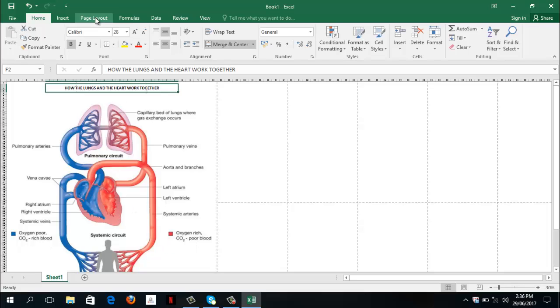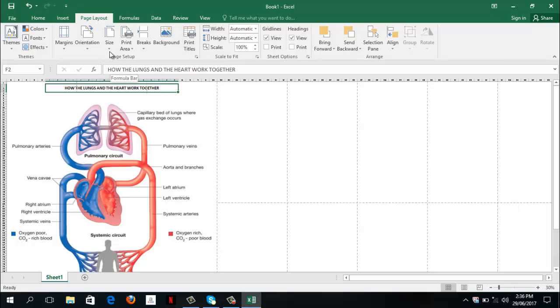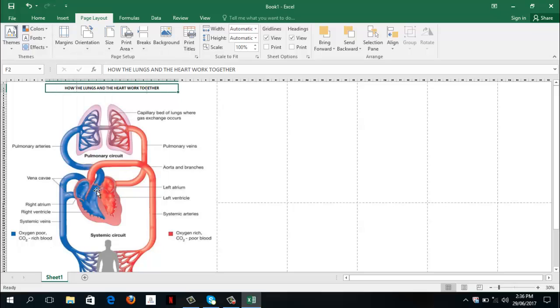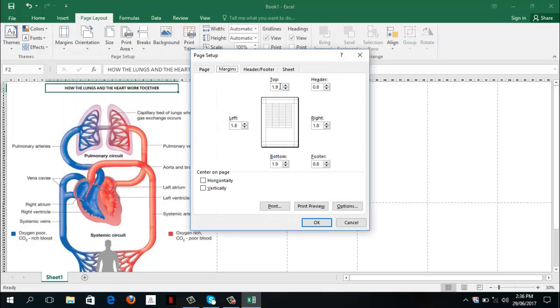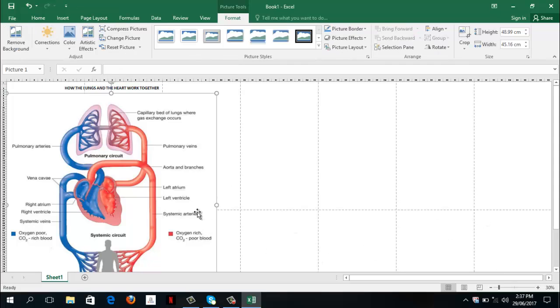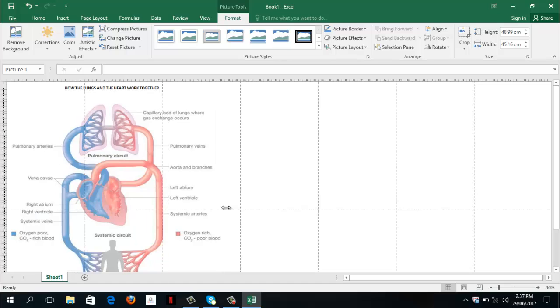And you can also determine the size of the paper that you're going to use. So for my project, I just have the short bond paper. And for the margin, okay, we can decrease this one. We can have 1 inch in every side. That is for us to be able to paste the six pages together. Okay, that's it. So we still have some spaces for us to adjust.